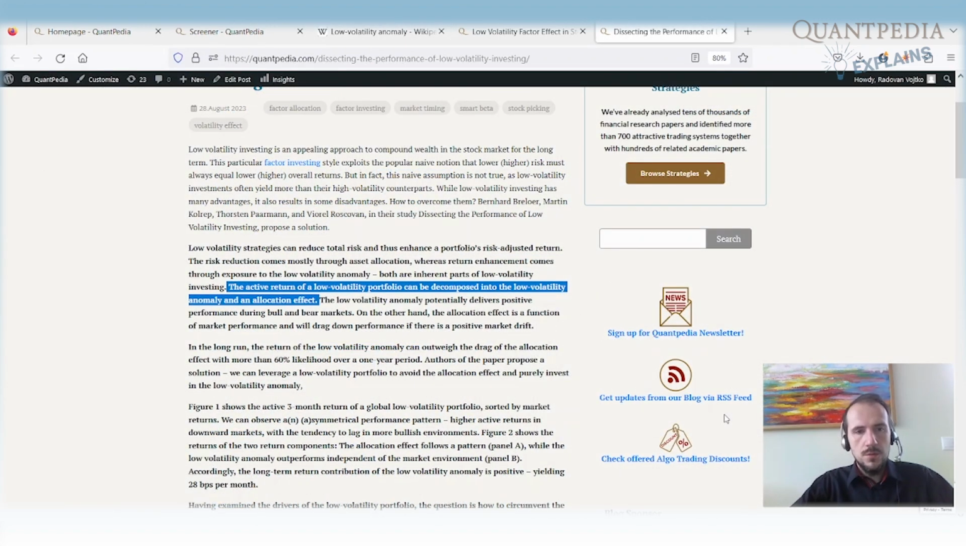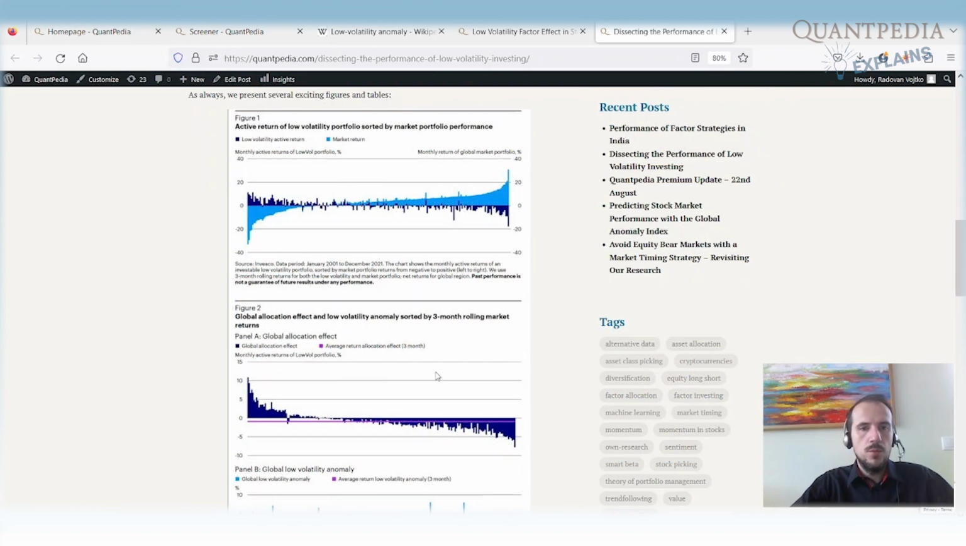So what the authors of the paper did was decompose the active return of the low volatility portfolio into the low volatility effect, or anomaly, and an allocation effect. What is an allocation effect? The allocation effect means how much market beta you have in your portfolio, and the low volatility anomaly is how much low volatility anomaly you have in a long only portfolio. So when you decompose a long only low volatility portfolio into these 2 parts, and you plot them and check how the parts perform relative to the market portfolio's performance, you would see that during the times when